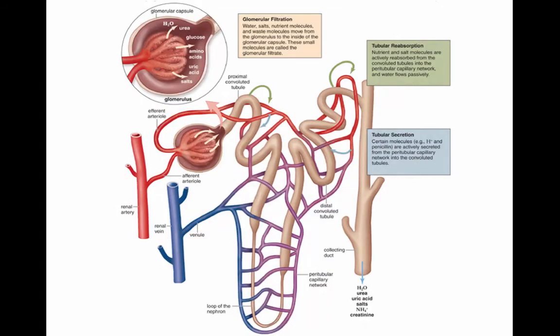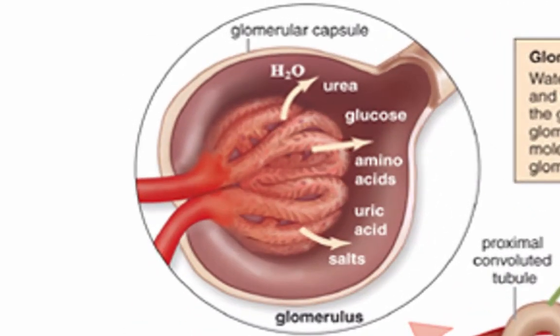Because the blood is under pressure due to the juxtaglomerular apparatus, and the walls of the glomerulus act as a filter, we can also call this pressure filtration. The material that makes it into the Bowman's capsule of the nephron is called the filtrate, and will include small, dissolved components of plasma, such as water, nitrogenous waste like urea, and ions like sodium and potassium. Large components of blood, such as red blood cells, white blood cells, proteins, and sugar, will not fit and will